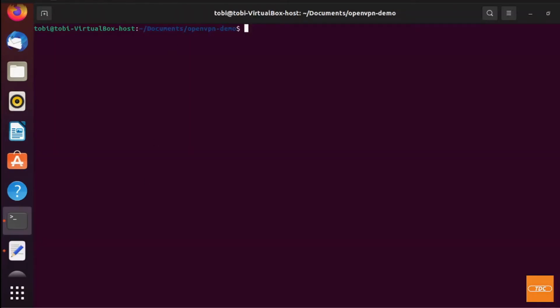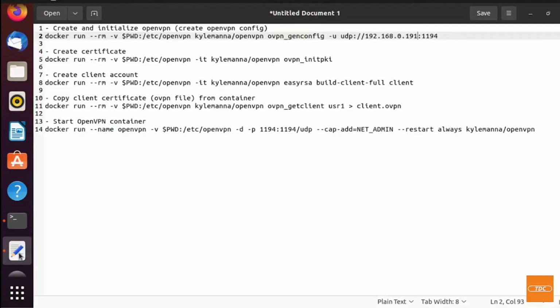Now that we have everything set up that we need in order to create our OpenVPN server in Docker, let's go through the commands that we need to run. I have prepared them here in a text document already, and I'll walk through them real quick. The first thing we need to do is create and initialize the OpenVPN server, and we do that by creating the OpenVPN config. So we run a simple docker run, remove when the container stops, we mount a volume, and then we tell it to use the kylemanna/openvpn image, and then we run ovpn_genconfig, and we pass in